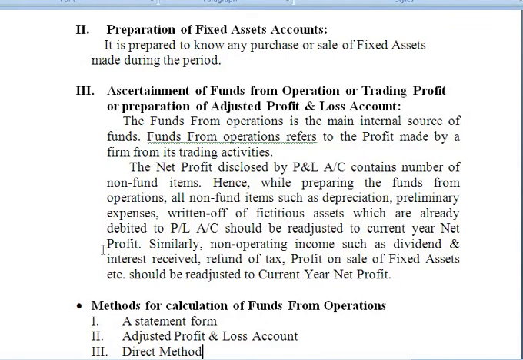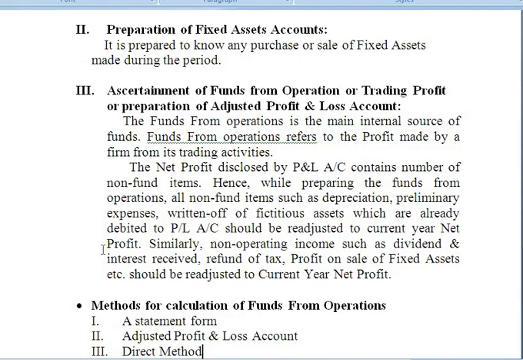The net profit disclosed by the profit and loss account contains a number of non-fund items. As I said, a number of non-fund or non-operating items,